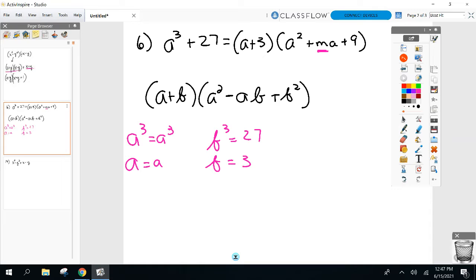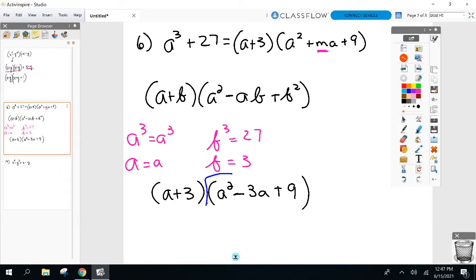So if I were to use my formula and plug everything in, it would be a plus 3 first times, here we go, a squared minus a times b, which is 3a, plus b squared, which is 9. Now, if you compare this right here with what the problem had,